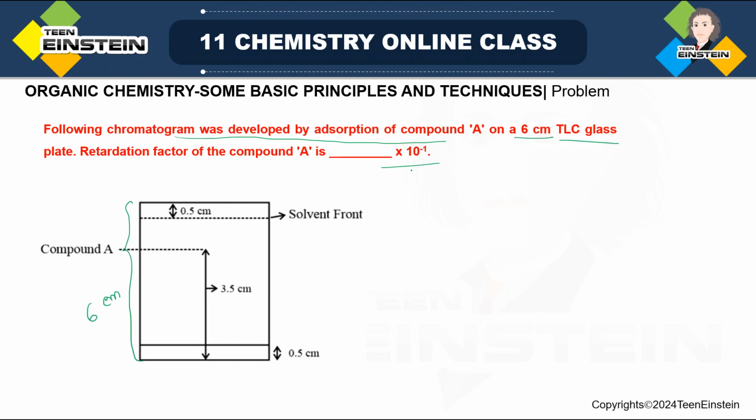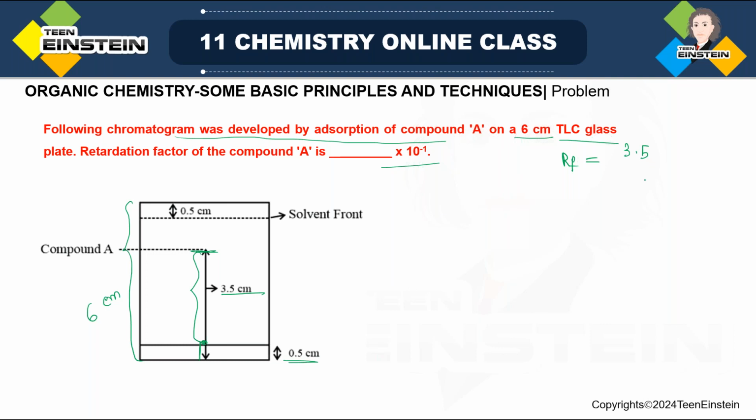Now total distance is 6 centimeter. So when you will try to find RF value, what you will do? First you need the distance covered by the compound, and that distance is mentioned 3.5. But the distance should be from this point up to this point. So you need basically this distance. Now it is not 3.5. 3.5 is considering this part also. So you have to subtract. So RF value,